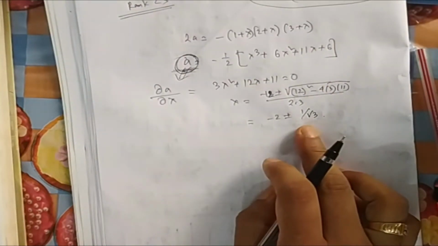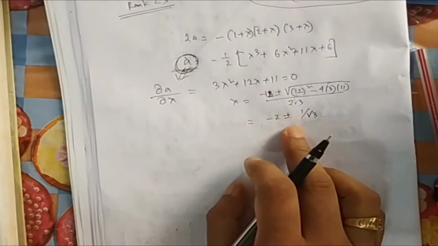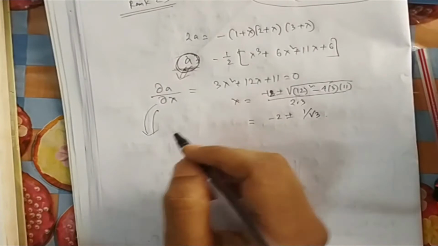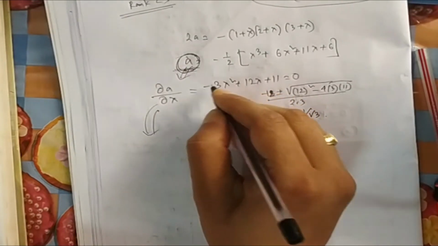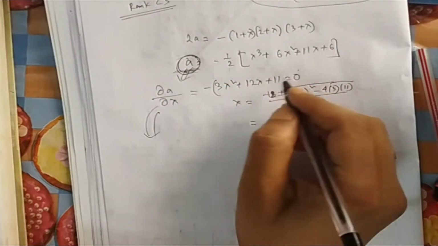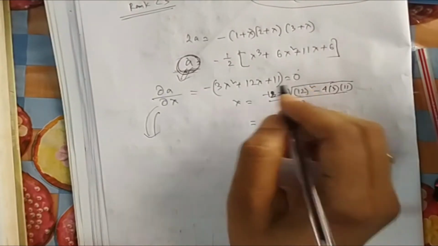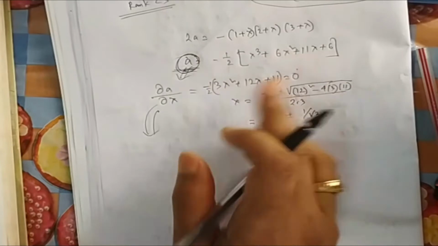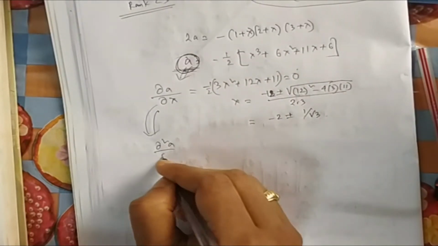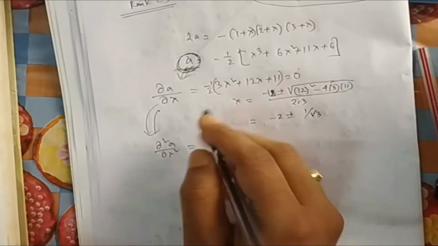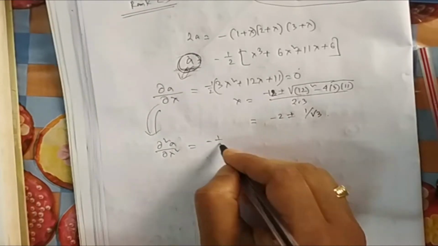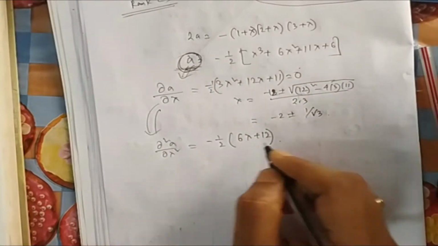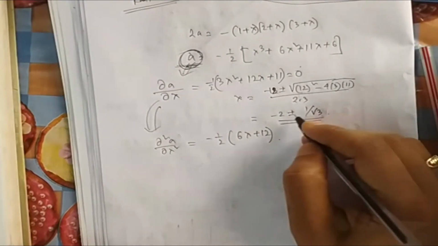Okay, if it is minus 2 plus minus 1 by root 3, then one has to be maxima and one has to be minima. How to find which one is maxima and which is minima? For that you need the minus sign here. This was my first differentiation, which I made 0, so the minus half was not needed. But for the second derivative, the sign will matter, because you will not make it 0: 6 lambda plus 12. So now you will put in the values one by one, one is plus, one is minus.